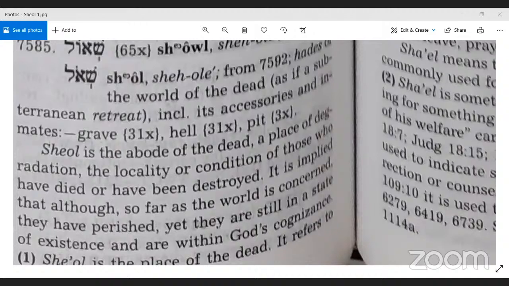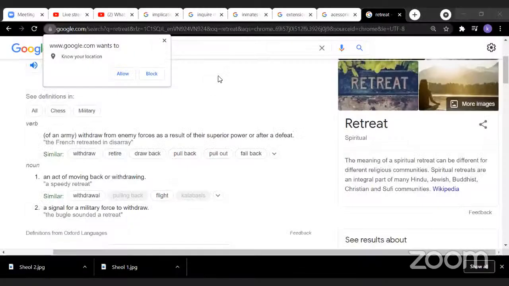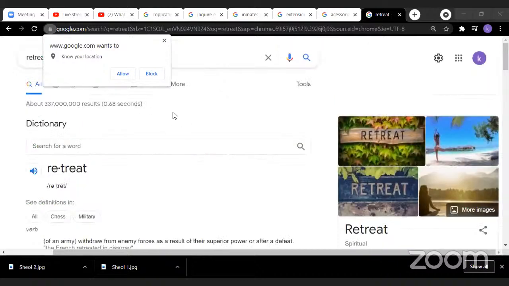No, you're not. I'm just trying to figure out if they're talking about a person being alive but consciously dead. So what is the meaning of retreat? What is the meaning of retreat? Well, what I'm used to thinking about when you think about a retreat is a place to go to relax. Right. So, okay, retreat,